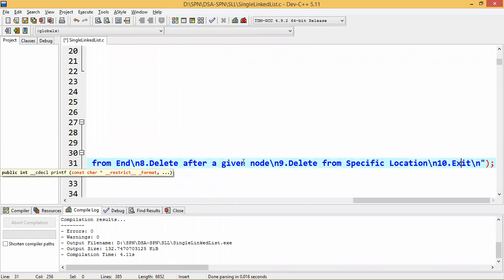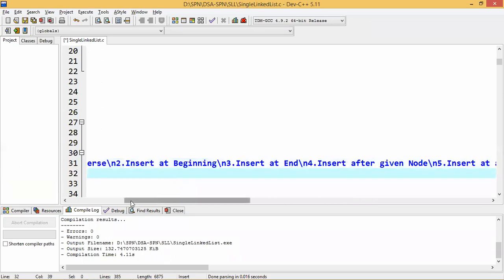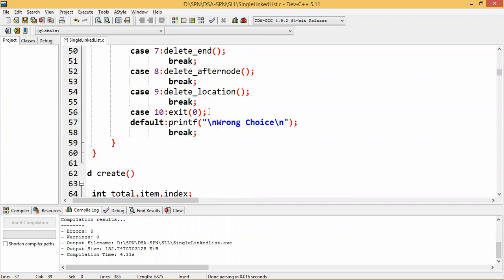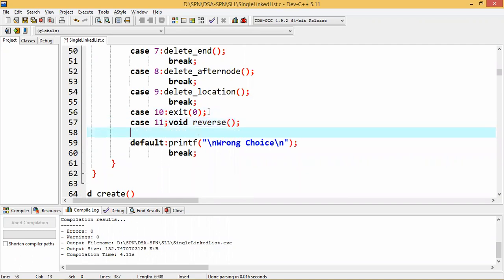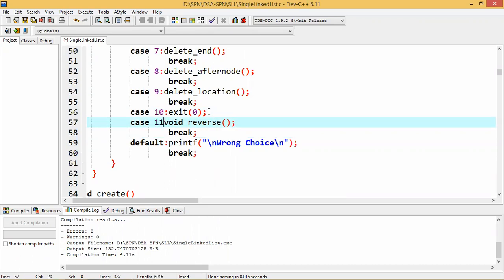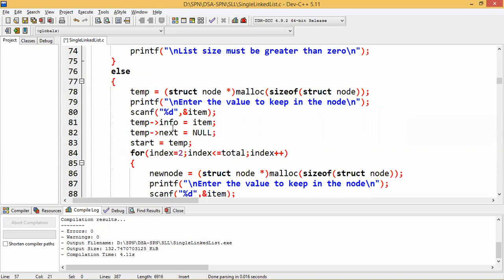So we are having 11. So reverse, case 11, and then break.